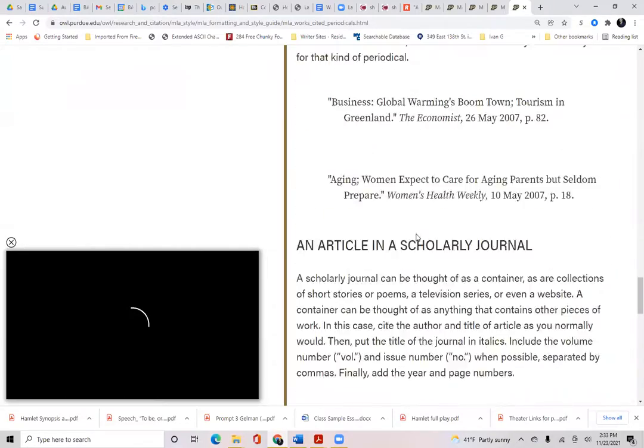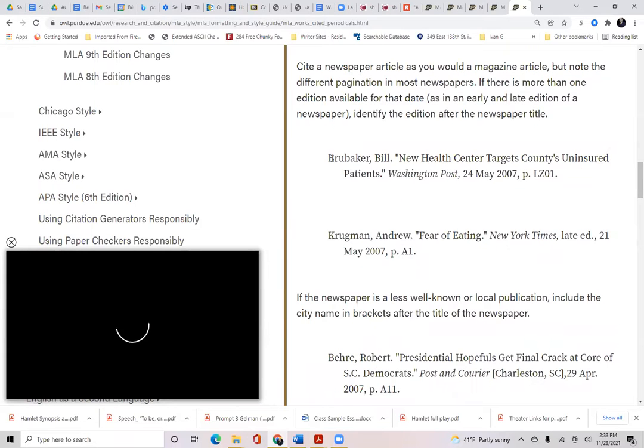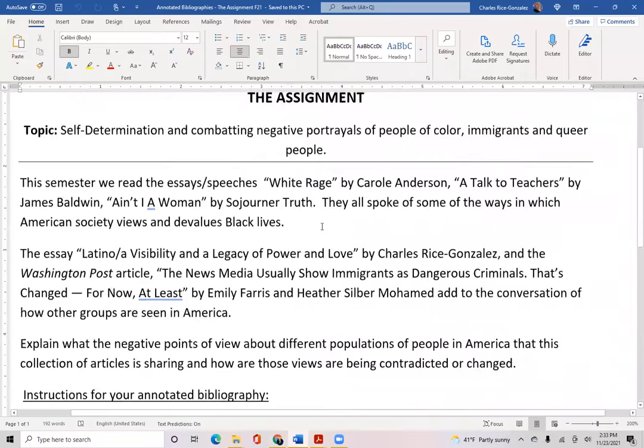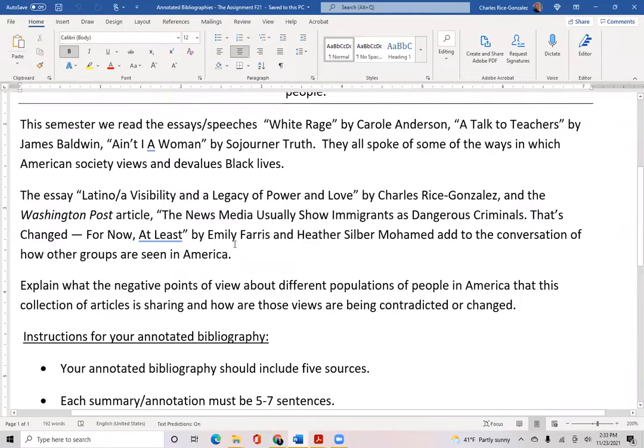Okay, so one thing it doesn't tell you is that normally, if there's one author, you just put last name, first name. If there's more than one, you would have last name, first name of the first person, and then you write "and" and then the first name, last name of the second person. So for instance, I know from our assignment that at least this article